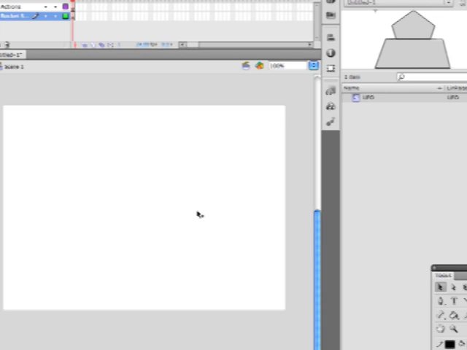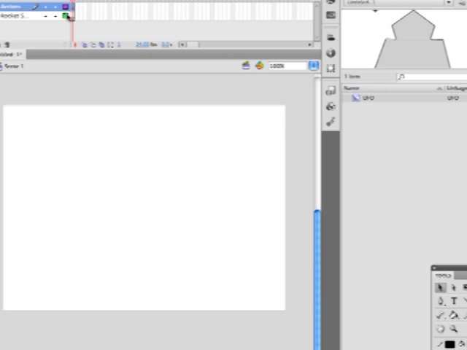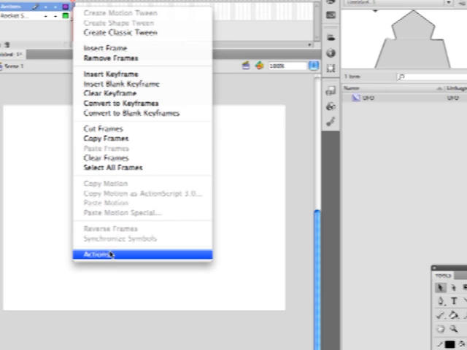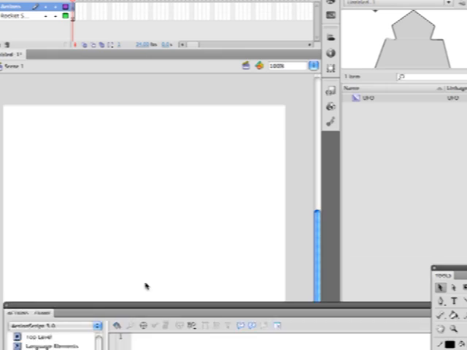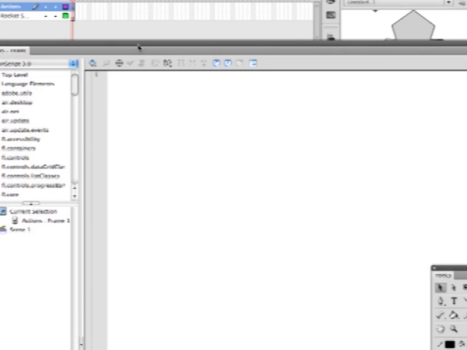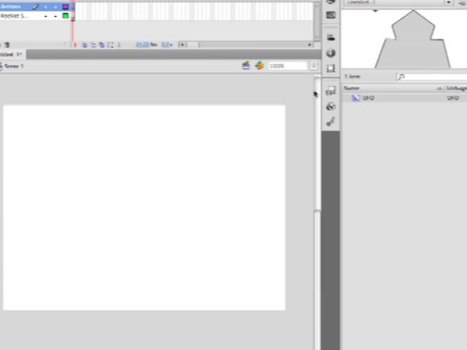In order to have it interact, the best way to do it is to use ActionScript to bring it on the stage rather than dragging it out from the library. So I go up to my Actions and right-click and choose Actions. You get this new window. This is actually just a text editor. You could actually create your actions in a text editor if you wanted, but we'll go ahead and use the